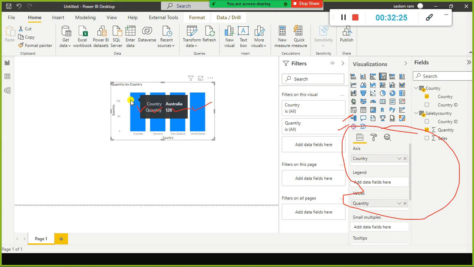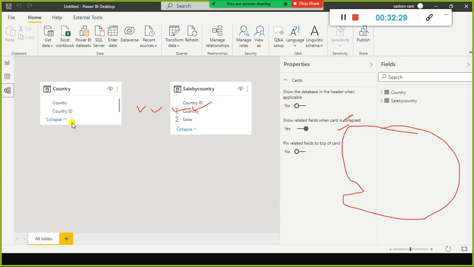Now what I do is go to the modeling view. I select country ID, and I am going to select the country ID in this table. These two columns are common between these two tables. Manually, I created the relationship between these two tables using the common column, country ID.